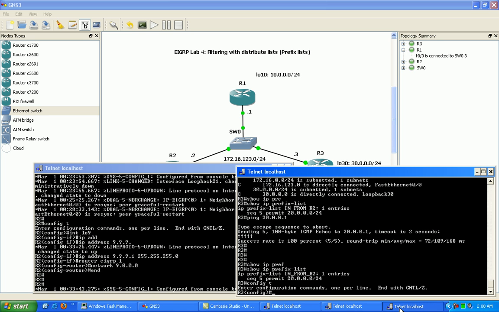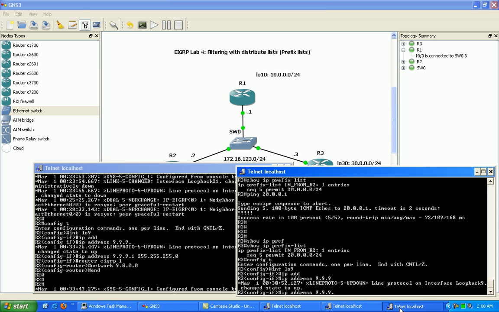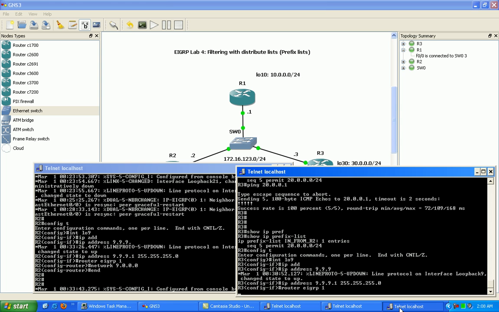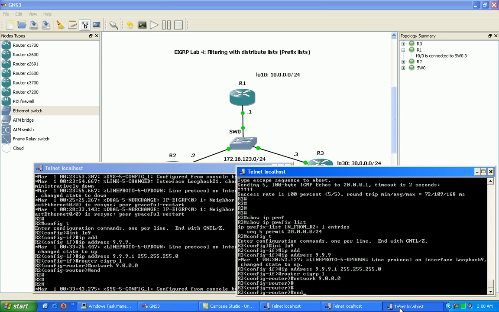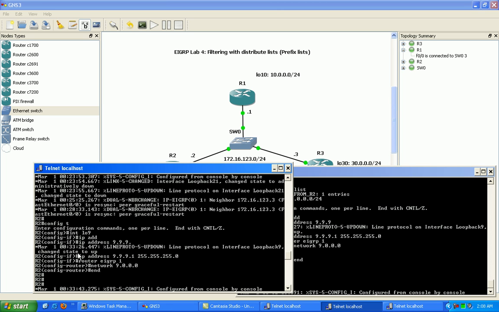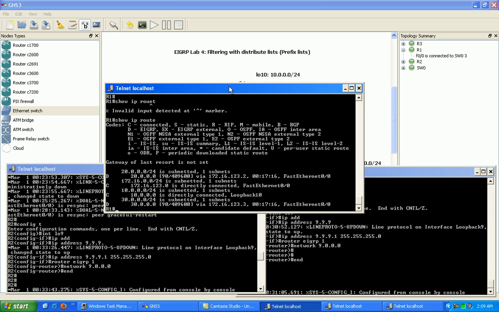And router 3 will do the same thing. Interface loopback 9. IP address is going to be 9.9.9.1 /24. Now we'll go under router EIGRP 1. We'll do the network 9.0.0.0. And we should be good. So now router 3 and router 2 should both be advertising the 9 network into their EIGRP process here. So router 1, if I do a show IP